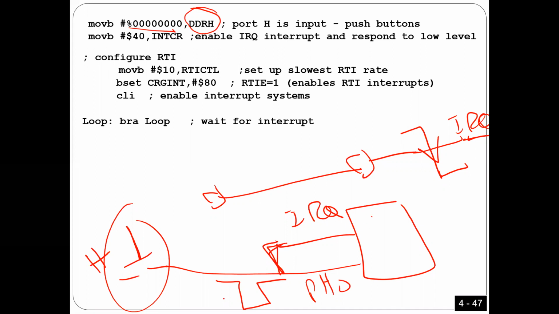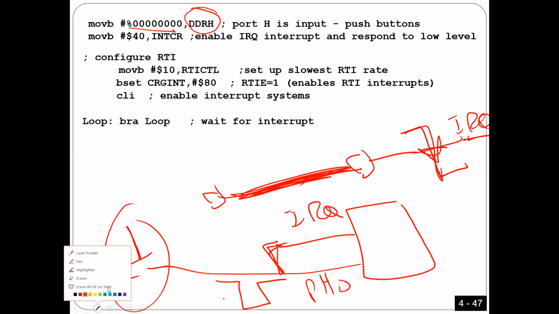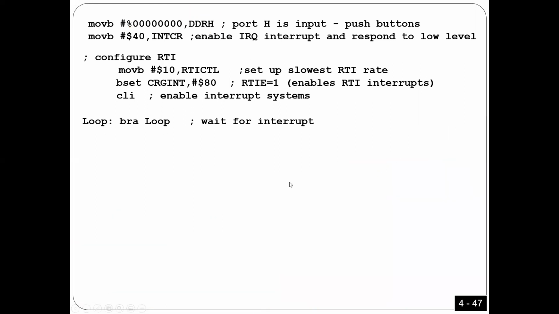To simulate this pulse here, instead of having a sensor, I'm going to press a button. You will see right now in the video, right? So that's why here I have port H. And now you have to enable the IRQ interrupt. Also here, let me clear this one. Also, this is for RTI. You have to enable RTI interrupts, and this is for